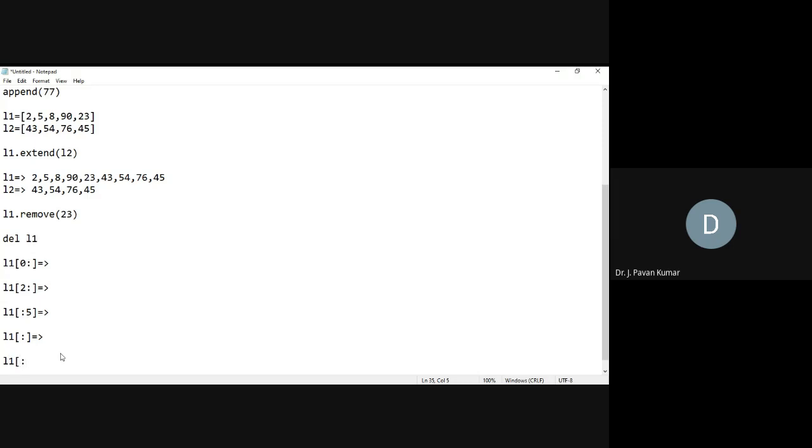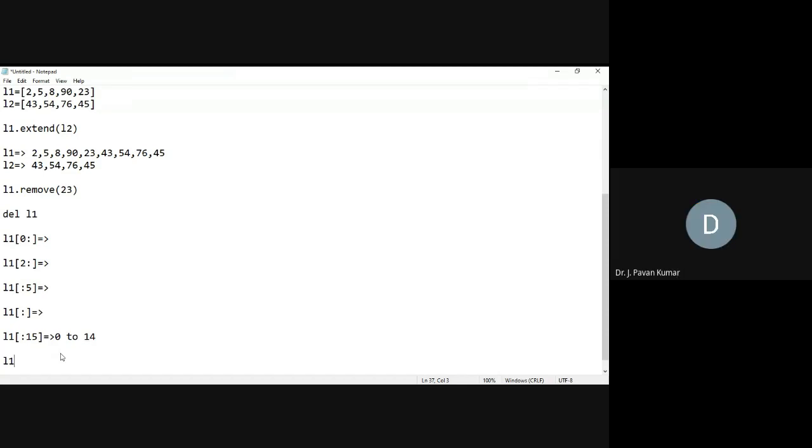Next, one more possibility you check, like we have L1. Let us discuss one thing. Like 15 I have given, then what will be the output? Sir, from 0 to 14. Now L1 of 15, then 2. Is it allowed? Yes, sir.